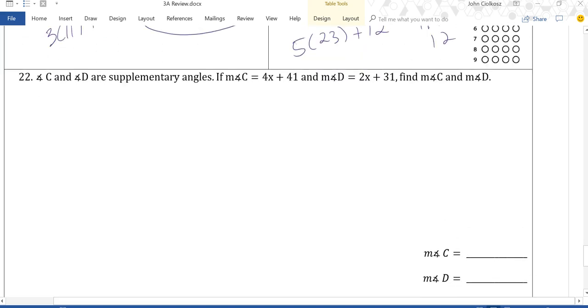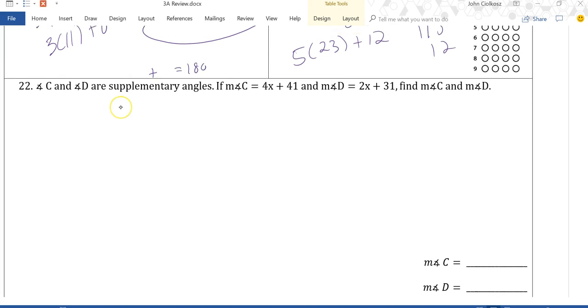Okay, told you supplementary would come up here, right? So C and D are supplementary. We're going to find both, right? Supplementary means they add, and we set it equal to 180. So let's take those together here: 4x plus 41 plus D of 2x plus 31, and set it equal to our 180. So combining,